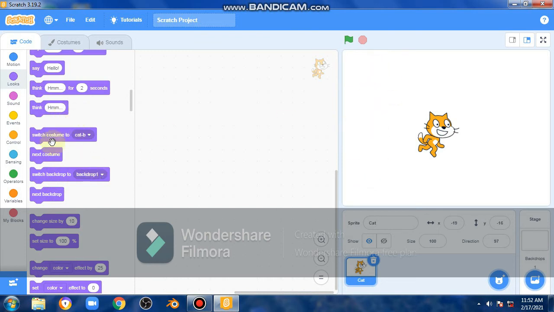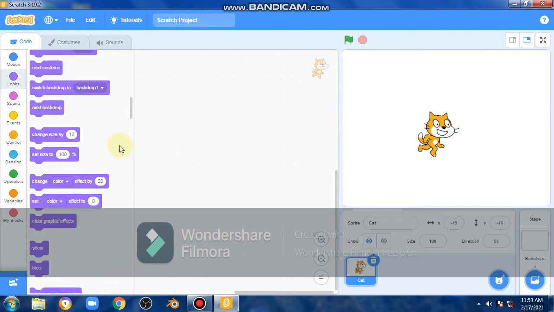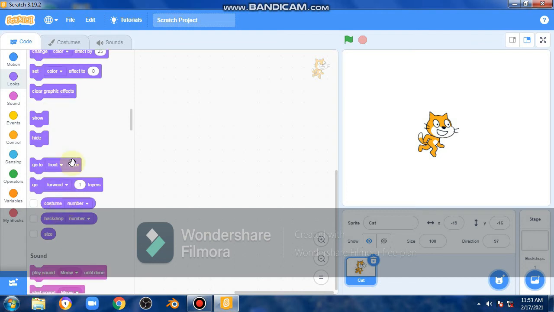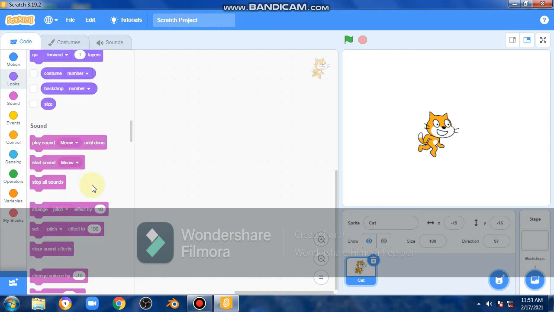It can switch the background, the next background, the next costume. Then the size percent it can change. Then its color, the graphic effect you want, it can change. Then it can hide and show also. See this, hide and show. Then go to front layer, then forward, etc.